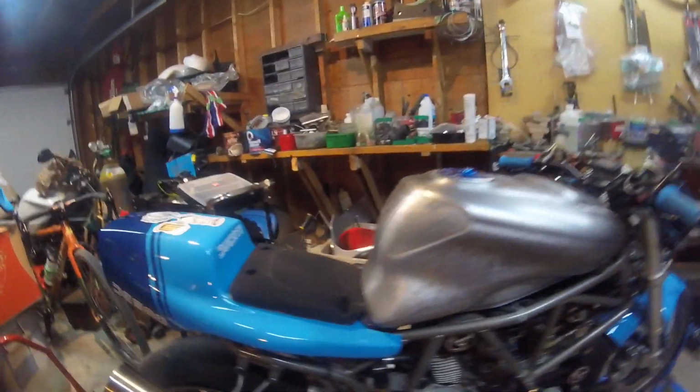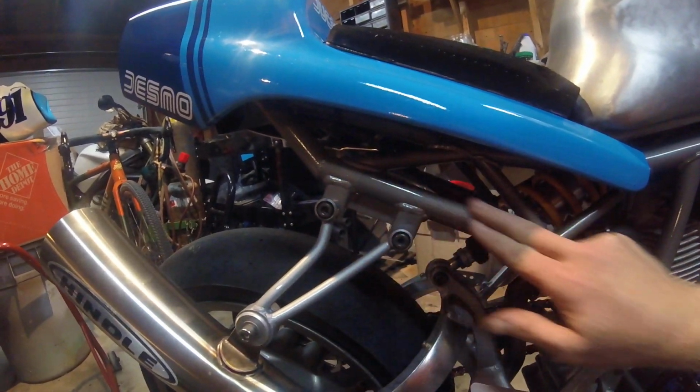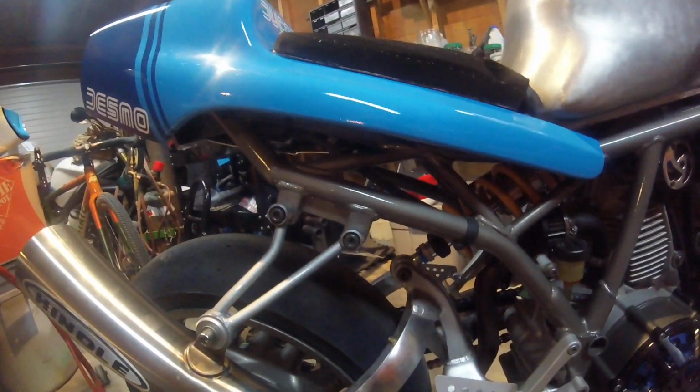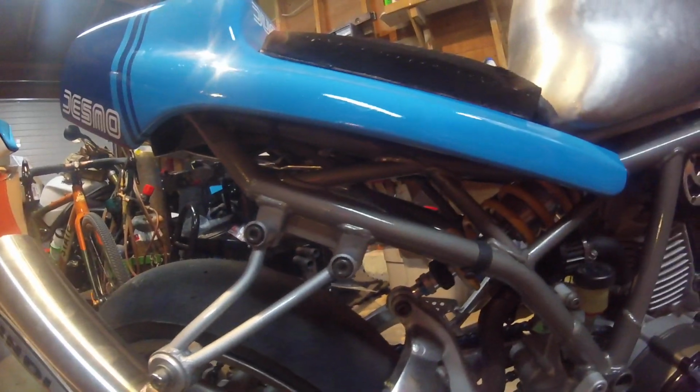Modified the frame a bit. Kind of see it here. I bobbed the rear part of the frame. Obviously I'm not carrying a passenger or anything like that, and so saved a bit of weight. Moved the battery to the back here. Can't really see it up underneath, and there's also a power commander up underneath there as well,